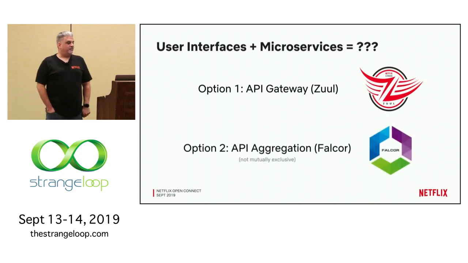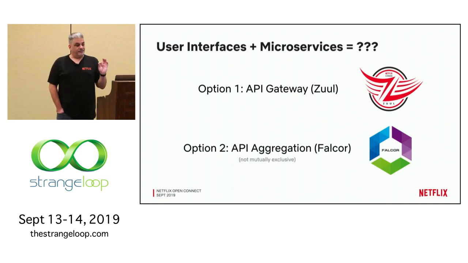So the second option is dealing more with API aggregation and composition. There's basically some layer somewhere that actually can take that data and combine it for you in some means that gives you a singular place to access that. Again, there's a Netflix open source project there called Falcor. That's what's leveraged in combination with Zuul to deliver the actual models for our API apps of the clients that we use. However,